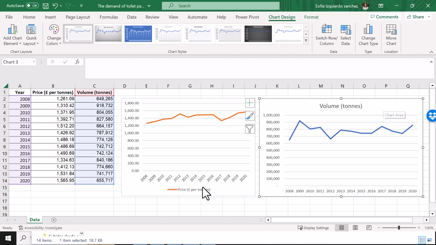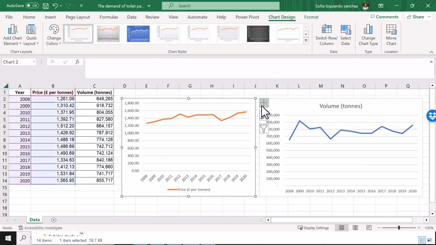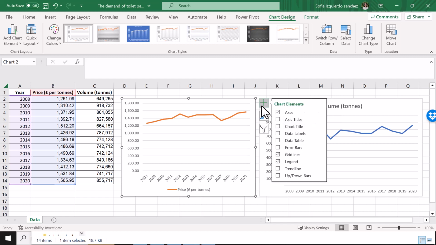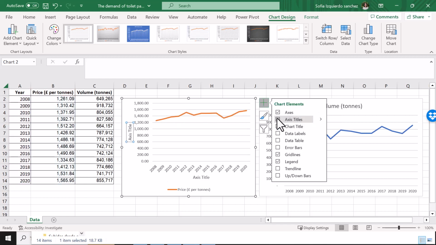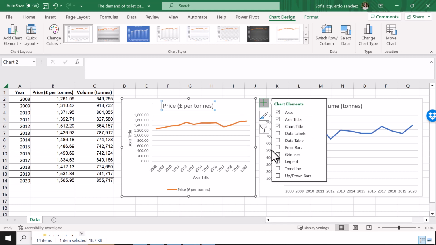See that here I have the name of the legend and here the title of the graph. Well, if you select a graph, you can see this plus symbol selected, and you can select to give access to the axis titles, the graph title, the legend, which in this case is selected,